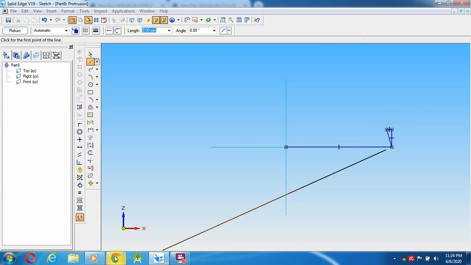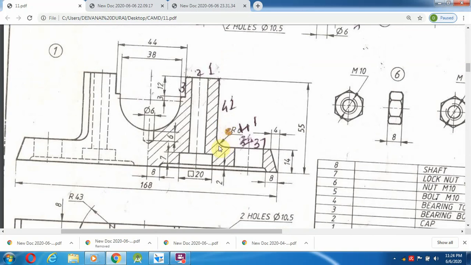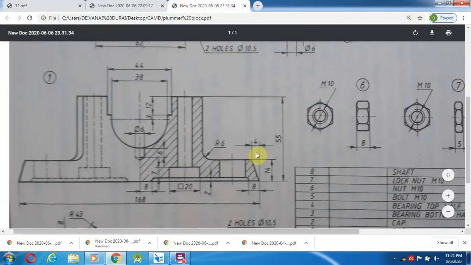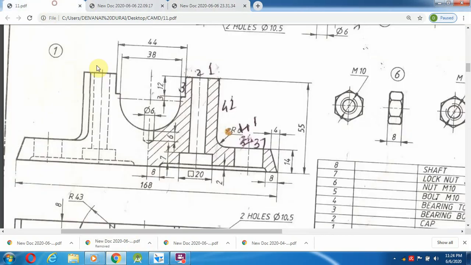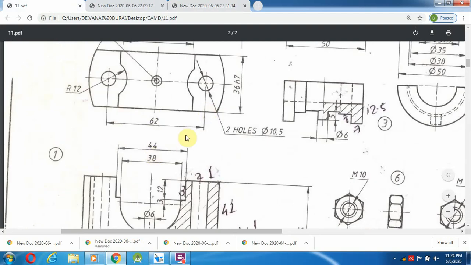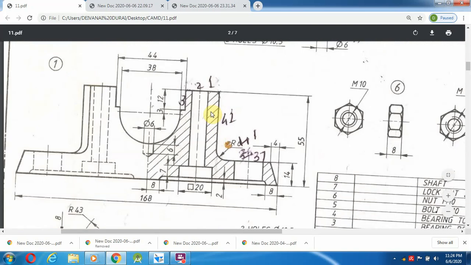Now from here, how much to go to this side, those distances they have not given over here. Even this distance they have not provided. So from here to this distance they have not given. Then we can go and check with the top view. In the top view they have given a radius of 43 mm for that particular circle.